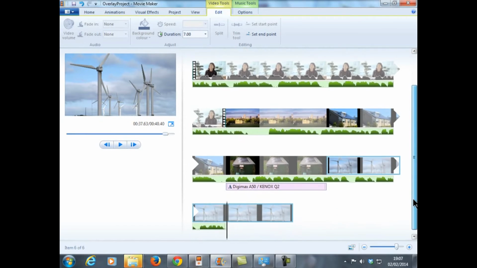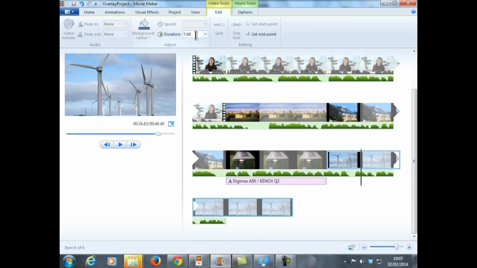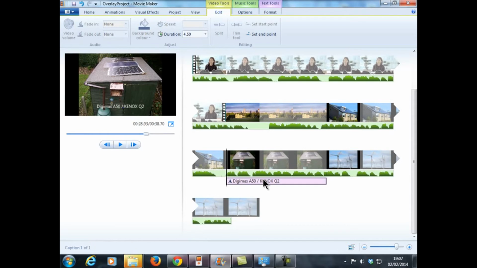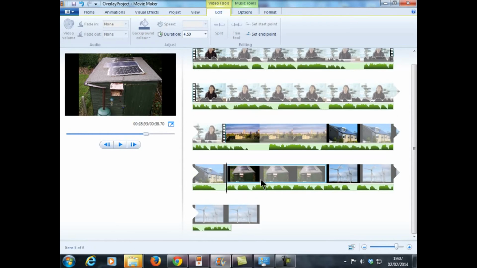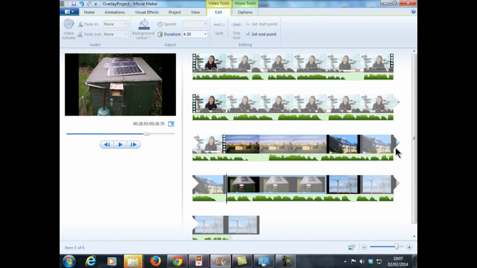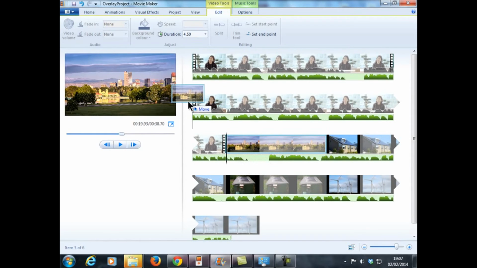And we'll do this last one. 4.5. Now I'm going to make this one 5.3 because that will be 18.83 in total. And then hopefully if I drag these into the right place,